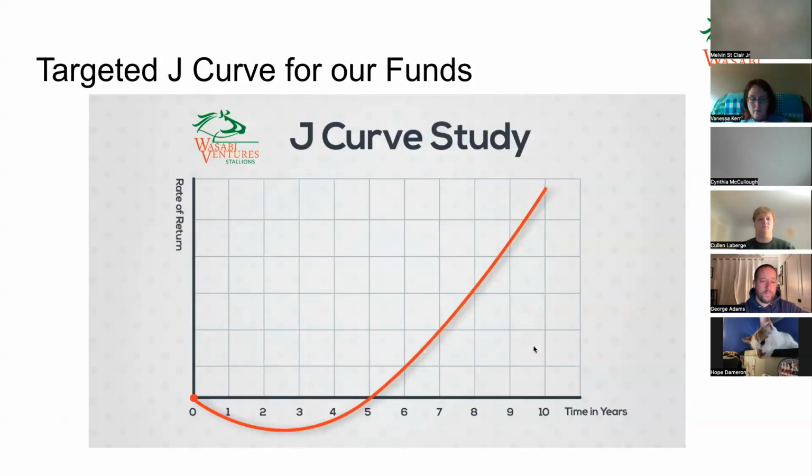So let's go back to that J curve. We talked about broodmares, and this is the J curve that we shoot for. We shoot for a very shallow J curve for years 0 through 5, and we're hoping by year 5 we're getting very close to that even point, and then we can start seeing positive returns. So this is what an ideal J curve looks like for us, and that is with the combination of the broodmares